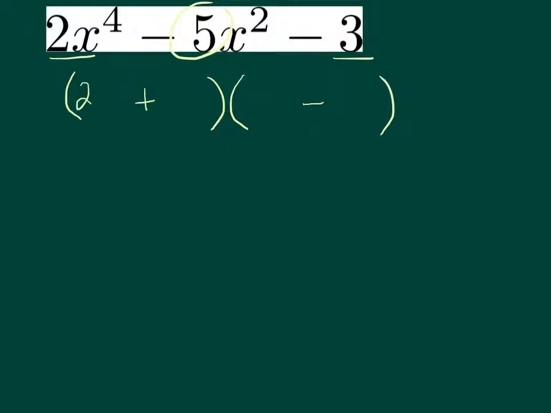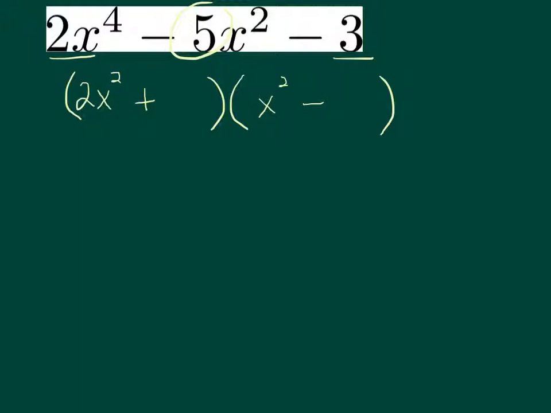So you're going to have a 2x and an x, but that x is going to be squared this time, because you need x squared times x squared, which gives you that x to the 4th power. Now I need to figure out the factors of 3, which are 1 and 3. That's the only choice I have. So either I have the 3 here or I have the 3 here. I could just change that to a negative and that to a positive if I need to.